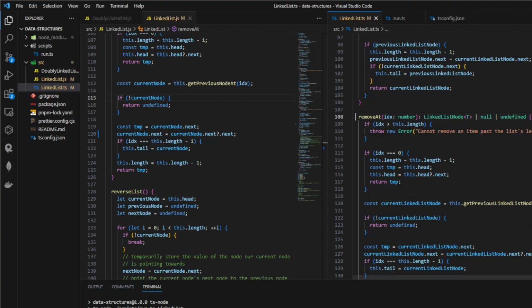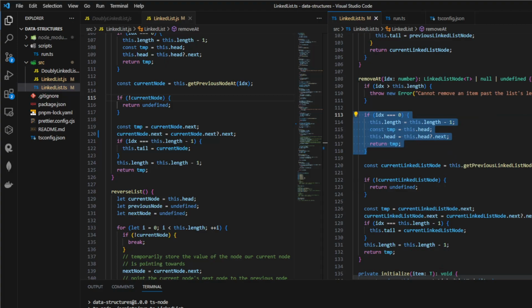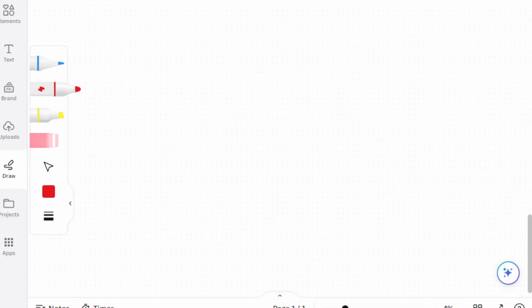Example here, remove at a specific index. And if index equals 0, that means we're removing it at the head. And I did not notice that. And our implementation here will pretty much have the head stay the same way and also actually change the head's next value. So if I go back to our whiteboard, let's say we have a